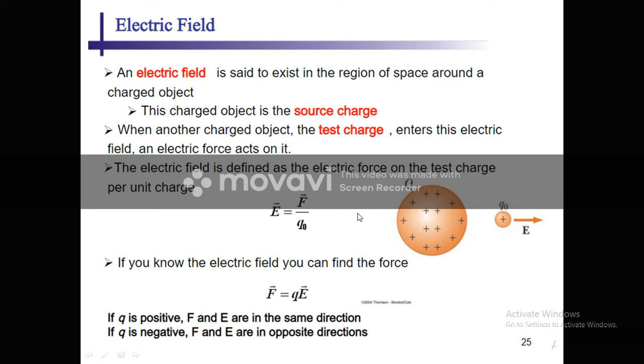Okay, so you may be familiar with the electric field. The electric field is said to exist in the region of space around a charged object. The charge may be a negatively charged particle or a positive charged particle, and these charges may be in the form of point charges, line charges, or volume charges. We will discuss the electric field intensity of these point, line and volume charges in the next lecture, but today we have to discuss only a brief about the electric field.